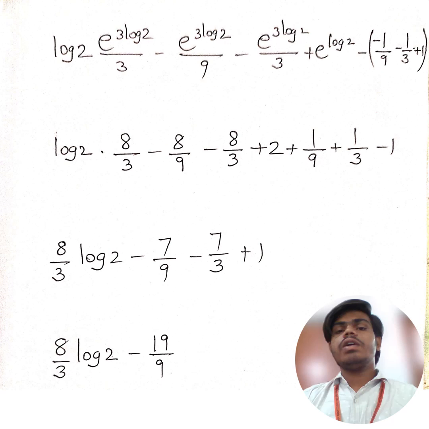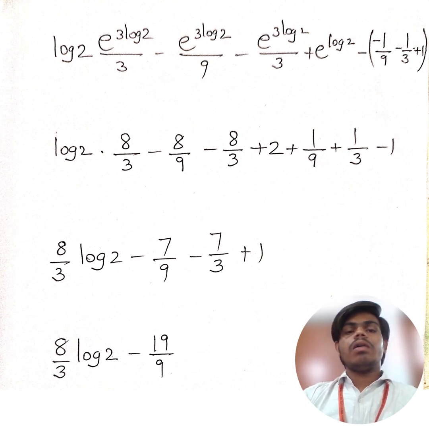The major formula we used here is the log formula, because with this log formula we simplify the value e power 3 log 2, because m log n is equal to log m power n. Here 3 log 2 means log 2 whole cube, hence it becomes log 8, and log and e are cancelled, therefore we get 8 by 3. Many people often get confused here, so I decided to clear the confusion. And also here for 8 by 9, by doing cross multiplication or by taking the LCM, we can come to further steps. 8 by 3 log 2